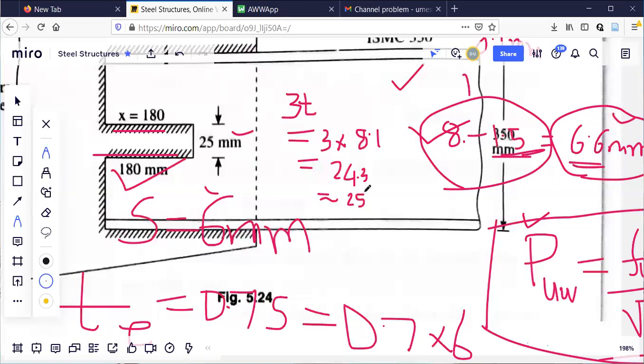What the code says here is the maximum width of the slot. If it is less than this, they don't bother. So even if you keep 20, there is no problem, but the length will increase that time. We can check that one. I think X is calculated. Whether it is 20 or 25, it is not going to matter. So I have kept it as 25. As I'm telling you, even if you keep 20 and solve the problem, the answer will be correct only.